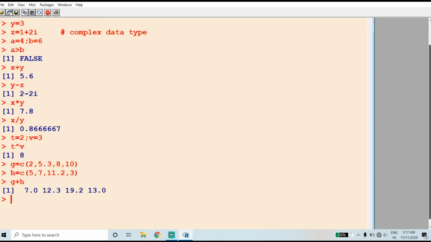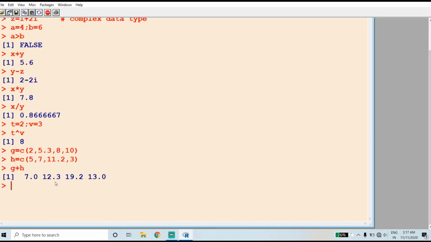We are introducing relational operators. So first we have to check whether the first data set is greater than the second. That is, g is greater than h. We can say the result as false. First it goes to g and checks whether 2 is greater than 5.